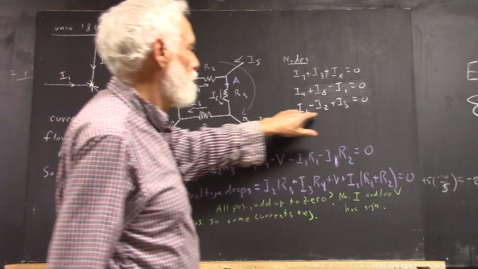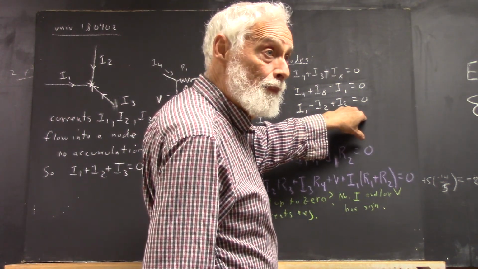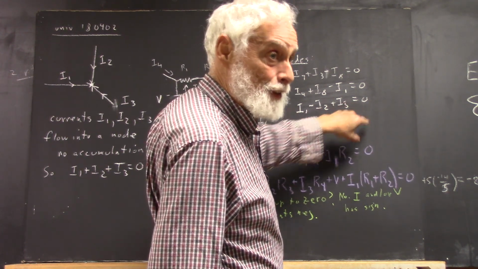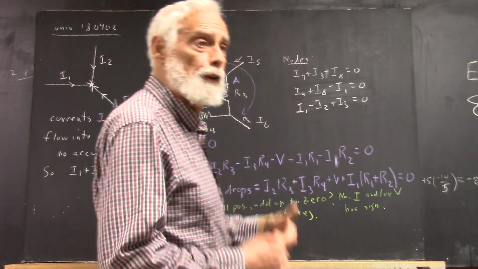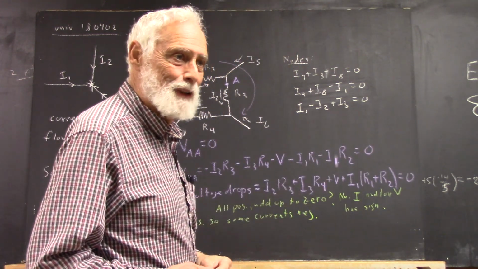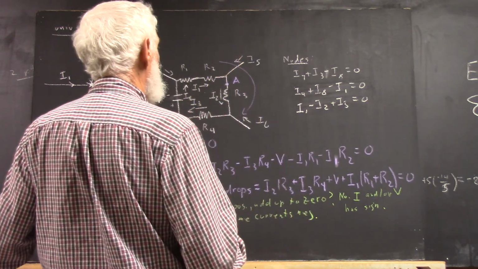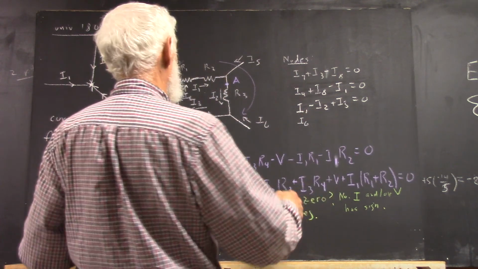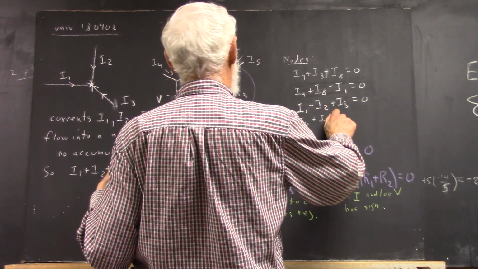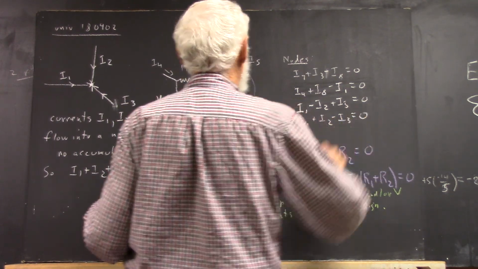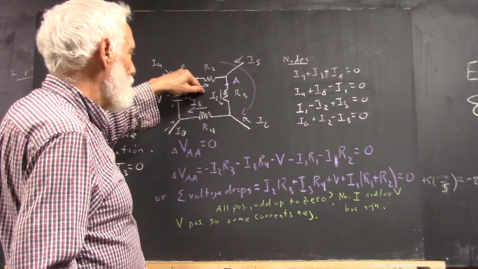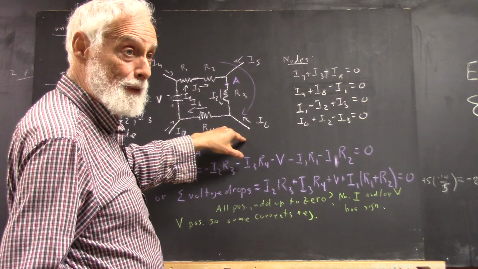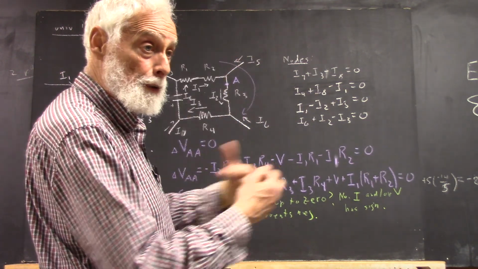Now, it's to your advantage to do these in numerical order because you're going to have 8 simultaneous equations and 8 unknowns. Okay? A lot of unknowns are missing from any equation, so they're not as hard to solve as you might expect. Okay? And then at this node, we have I6 coming in, and I'm just writing them in the order I see them. And I2 is coming in, as I say. You probably want to think about, I have to write it I2 plus I6, I2 minus I3 plus I6. Now I'm just getting it down the way I see it,